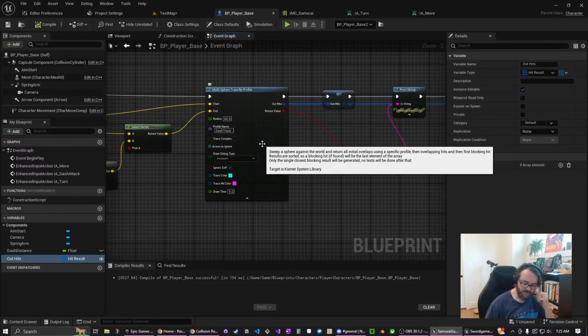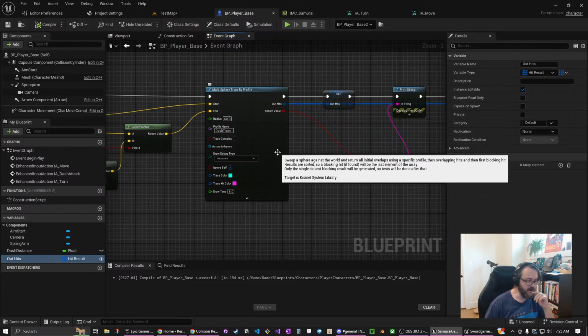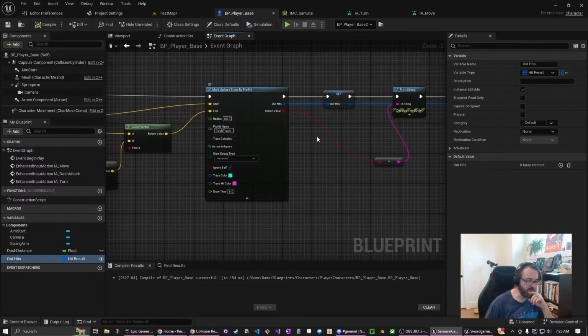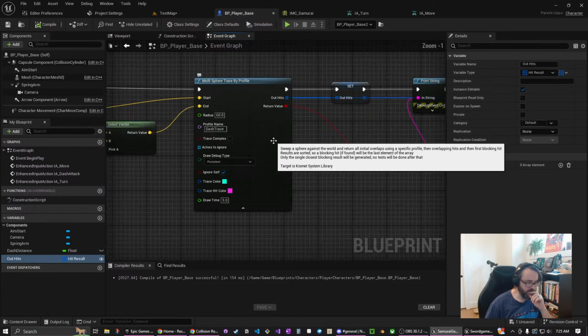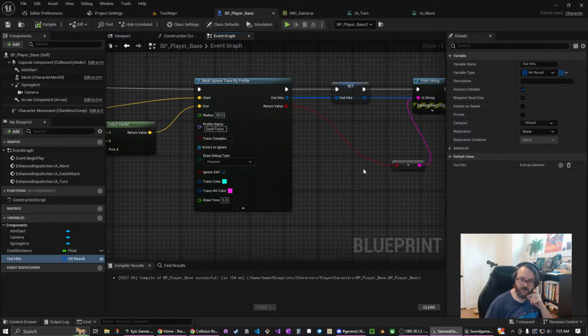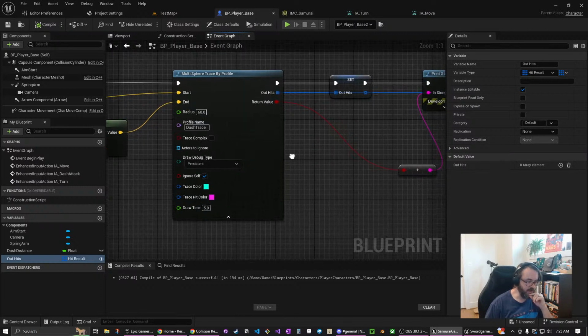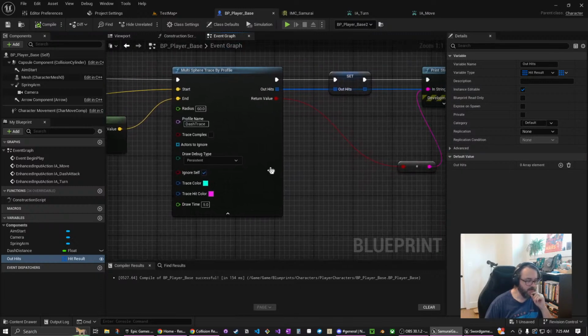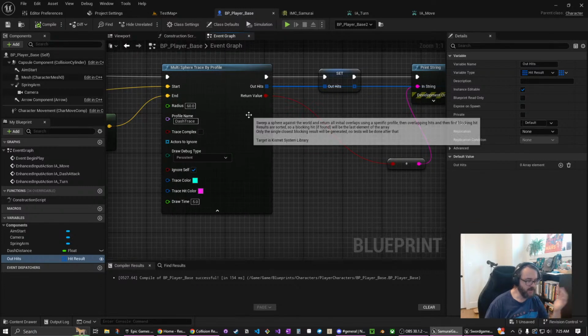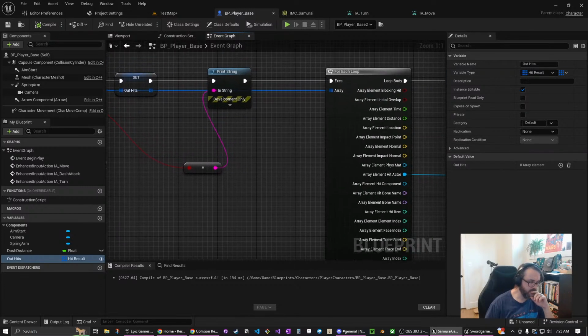It's registering multiple hits per actor, which means this array gets bigger and bigger. As we saw earlier, it's like 14 hits per actor. So we don't really want that. We could make the sphere smaller or something,